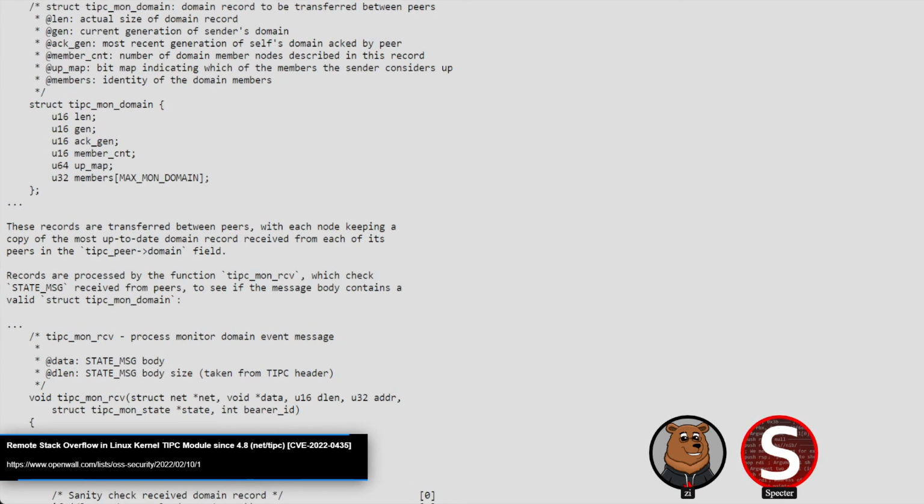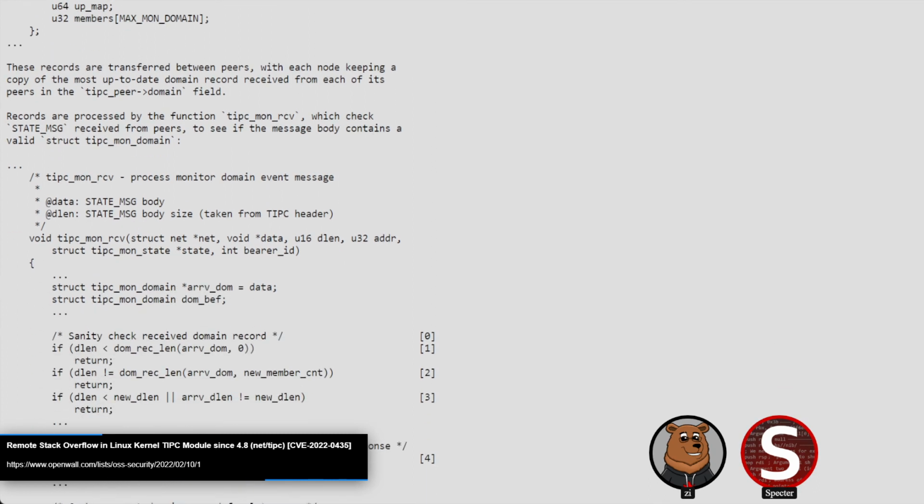It's a bug that could be exploited both remotely or locally, assuming the module is loaded. And for RCE, there has to be a TIPC bearer already set up. So it's not really exploitable on default setups, but it could be exploitable in certain contexts. The bug was in the monitoring subsystem of TIPC, when it came to the handling of the member count field